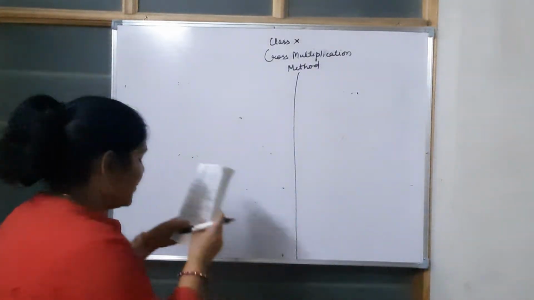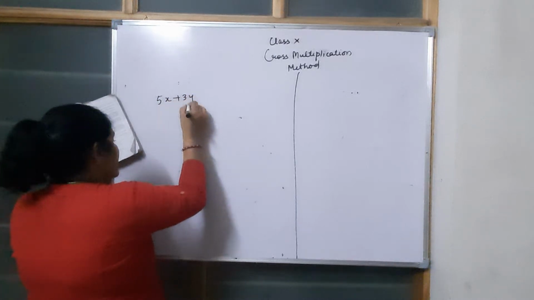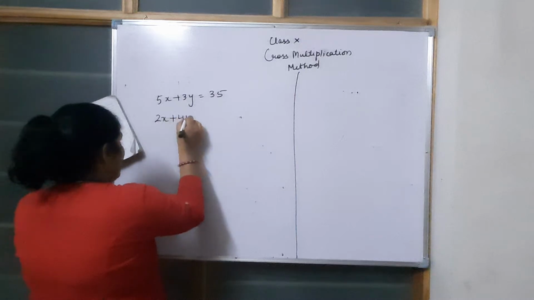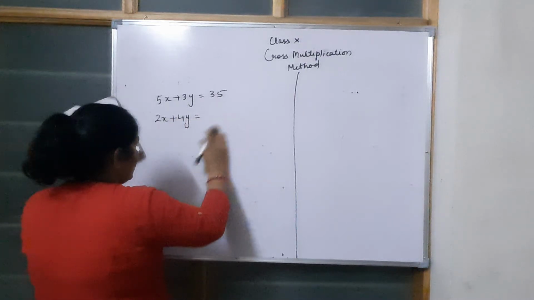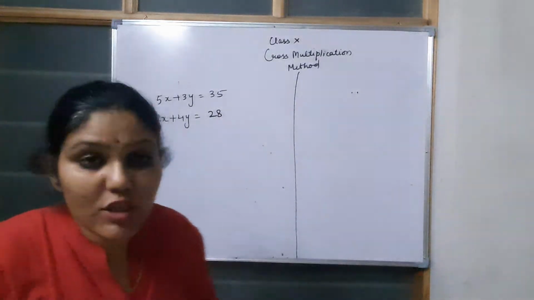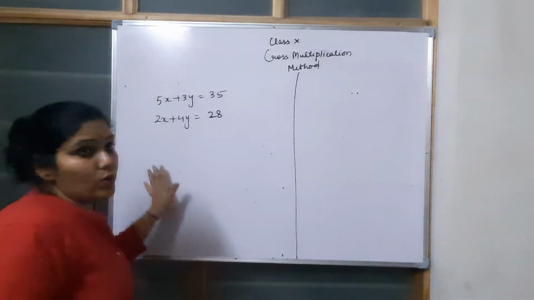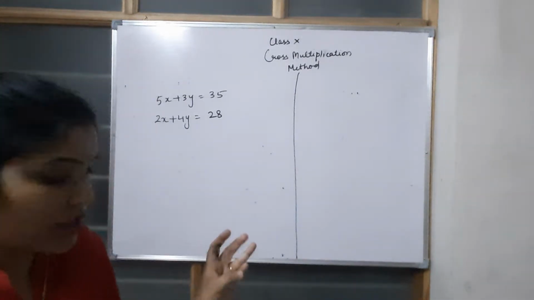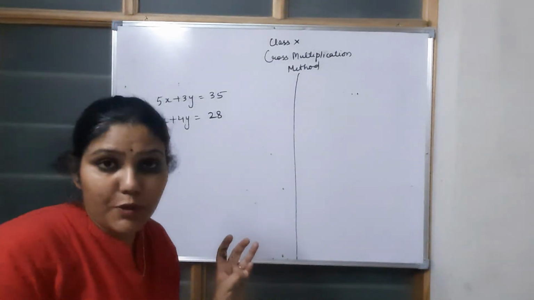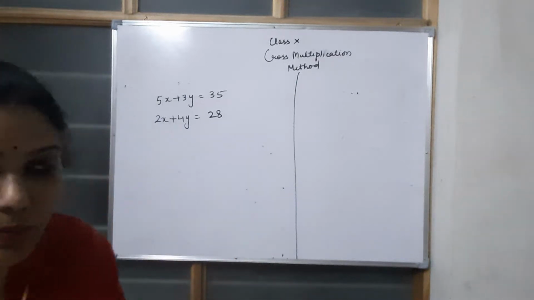Okay, so just look here. I am not writing any formula. I am just telling you how to apply it. And in the next class, whenever I give you the next video, I will be discussing it in detail. I am just telling you how to apply the cross multiplication method to find the solution of a pair of linear equations. First method we discussed was the graphical method, then we have the substitution method, then the elimination method, and one more method we have, which is the cross multiplication method.